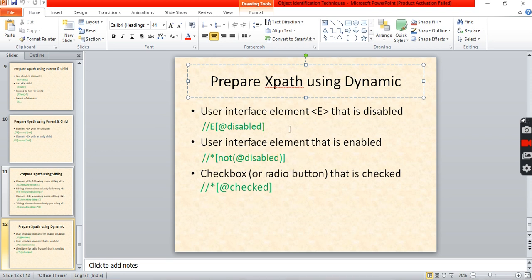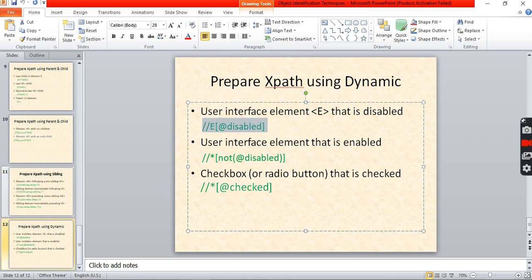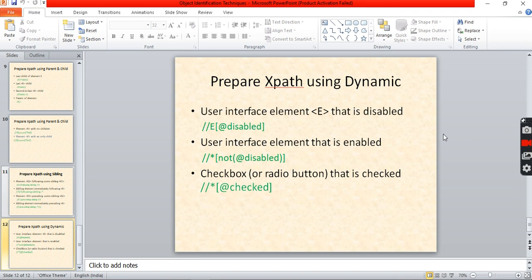Okay, assume that, I couldn't find any particular site, so let's see. What do you mean by this one? A user interface element E that is in disabled mode. Assume that without entering the username and password, the submit button will always be in disabled mode. If you enter the mandatory fields username and password, then only the submit button is enabled.